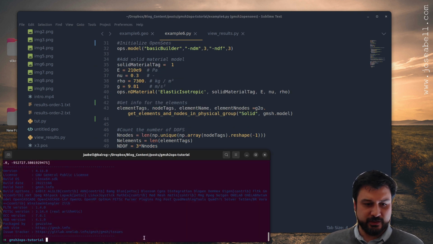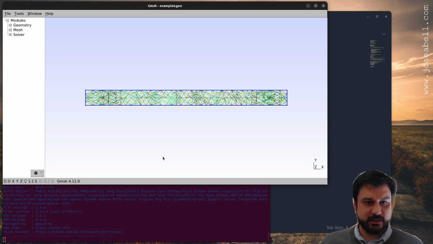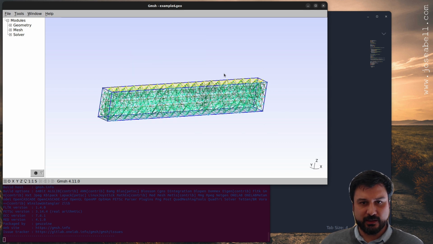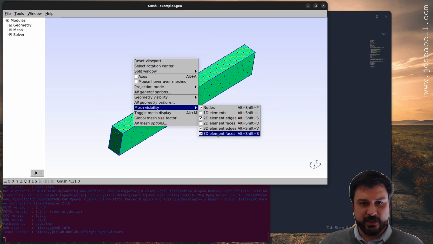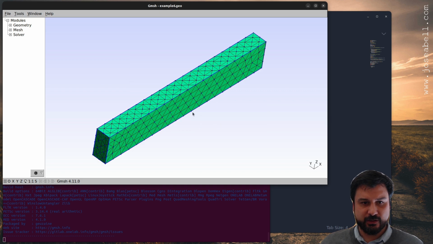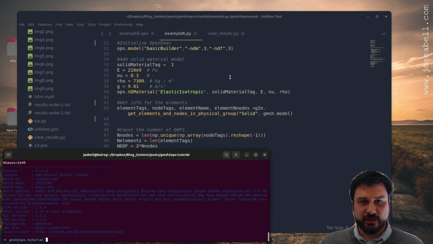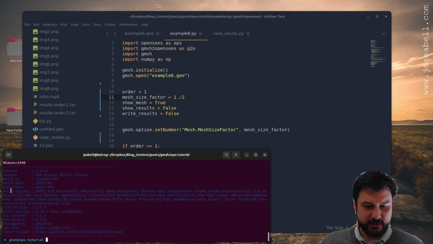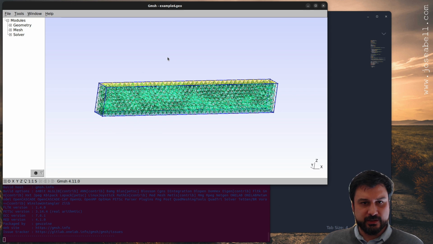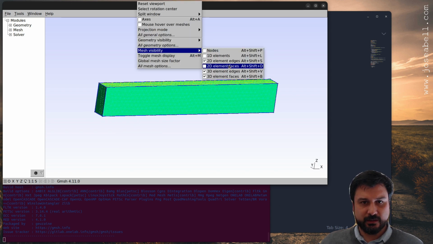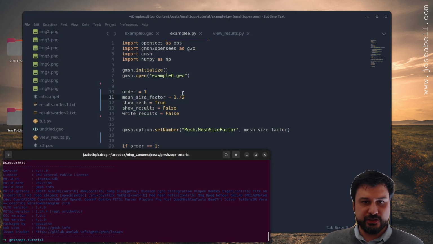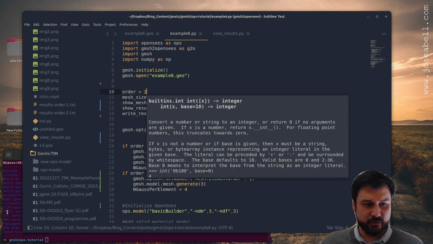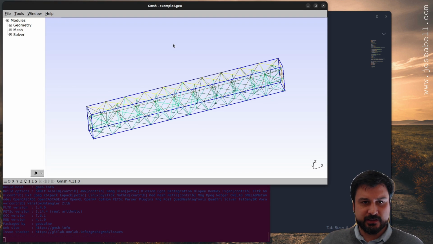So if I execute this script, what I get is basically the visualization of the mesh with the options I have. I want to take a look here maybe at the kind of mesh that we're building. In this case, it's a standard tetrahedron mesh. And I want to check if I change here to 2, whether I get a finer mesh, that's all working. You can see the mesh is much finer in this case. And then if I switch back to first order, so the first discretization and order 2,